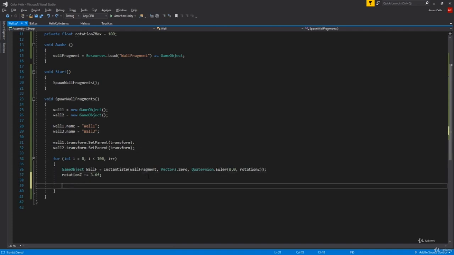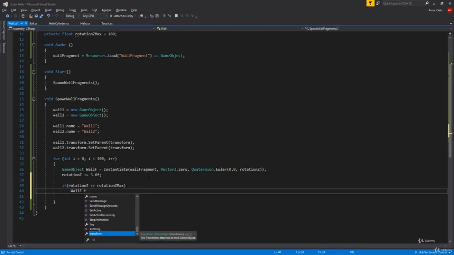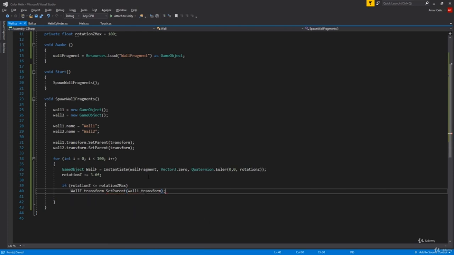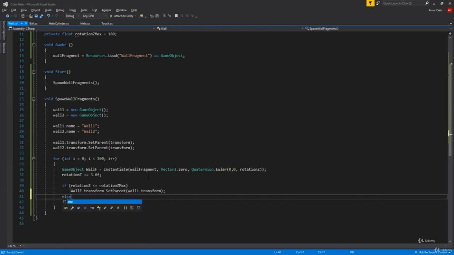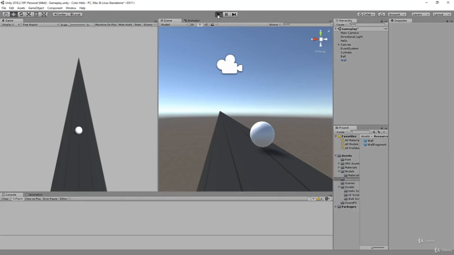Now, to do that, we're going to go to our for loop, where we're going to check if our rotation z is less than or equal to rotation z max. If that is true, then we're going to say that our wallF.transform.SetParent, and we're setting our wall1.transform, just like this. It's pretty simple. As for the rest of the rotation z, we're gonna say wall2. So we're setting the parent to wall2. How is this gonna work? Well, basically we're setting 2 walls for the wall